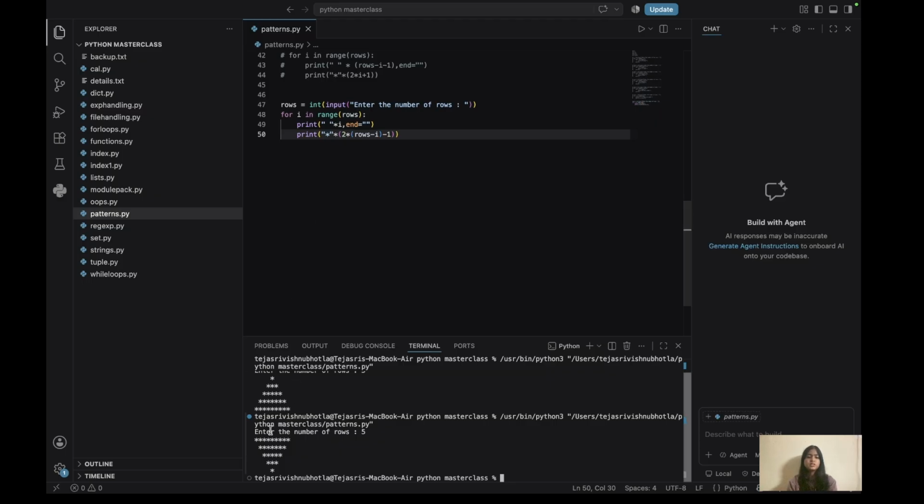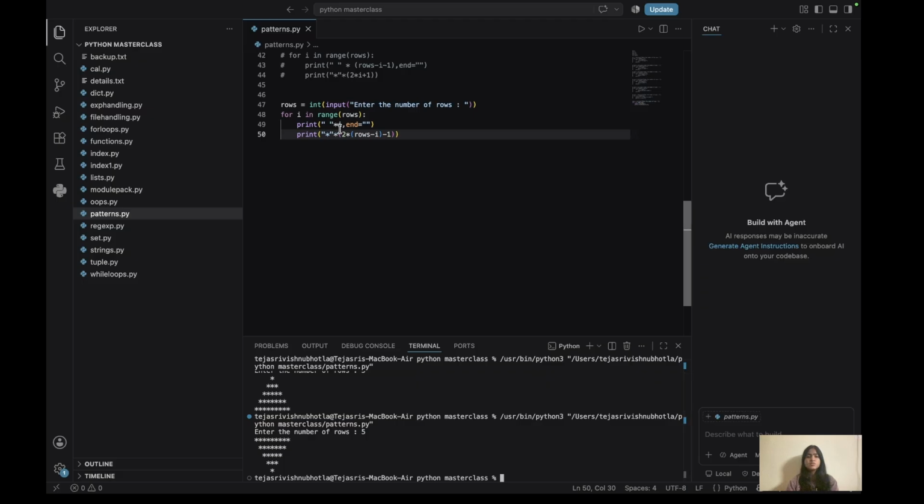We have to print the star number of rows minus the iteration, into 2, minus 1. The number of rows here is 5, the iteration is 0, so 5 into 2 is 10, 10 minus 1 is 9. So in the first line you have 9 stars,